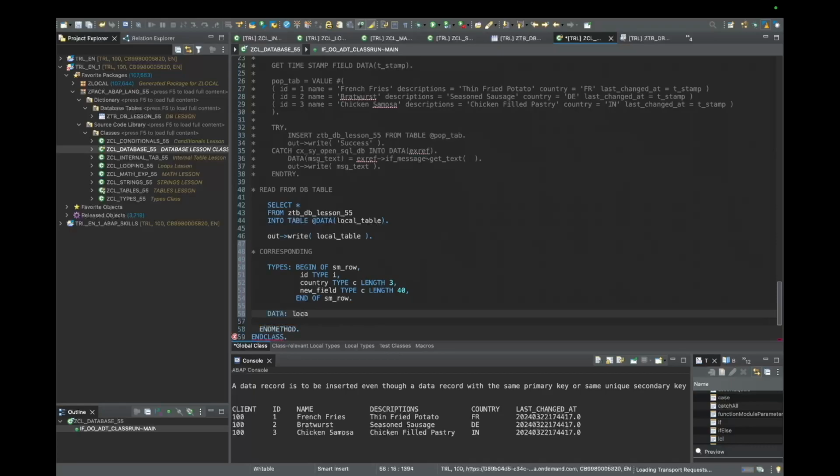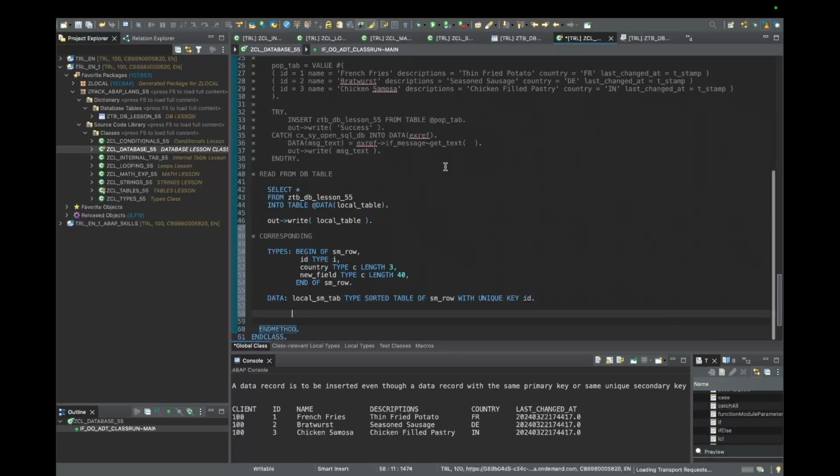We'll call it local SM tab, and it'll be type sorted table of SM row, and we'll let it have a unique key since the database already has that unique key. So here's how we select into this smaller table. This table can't take each of the columns, but wants some of the columns. We'll write select all, and from that table,